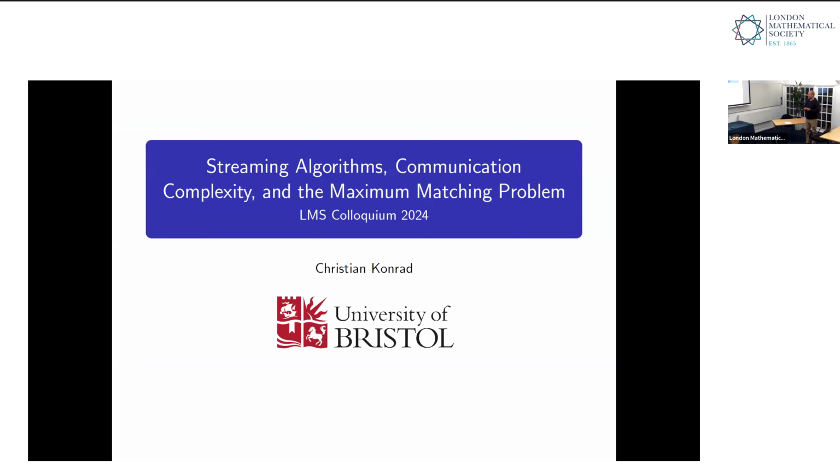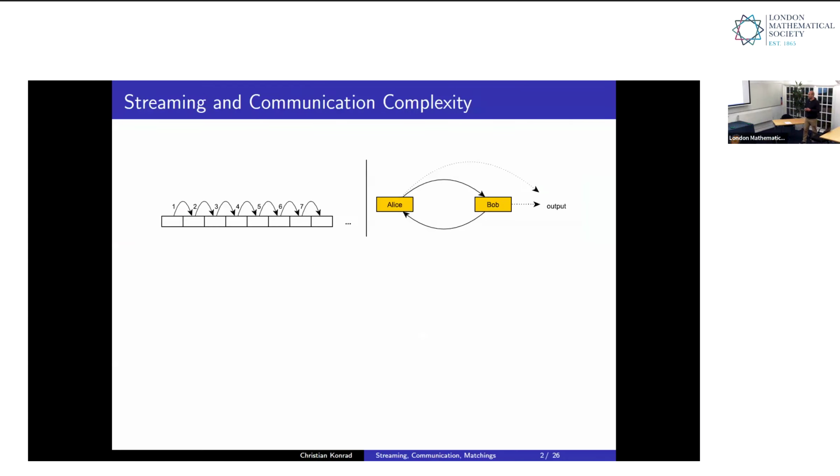So this talk is about streaming algorithms, communication complexity, and the maximum matching problem. In particular, we'll talk about how streaming algorithms and communication complexity are related, and this will be illustrated on the example of maximum matching. So streaming algorithms, we'll see them in more detail in a minute, but essentially these are algorithms that have linear access to the input data, where essentially they do passes over the data sequentially in that sense. So this is sort of the one world we're going to look at, and the other world is the